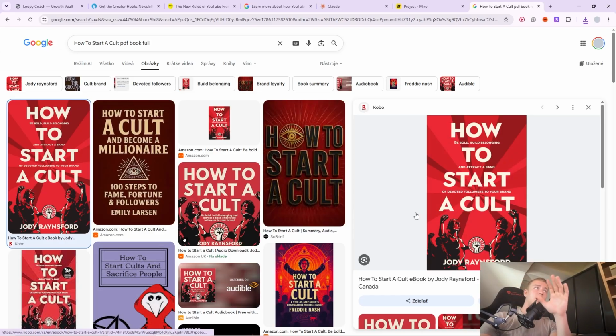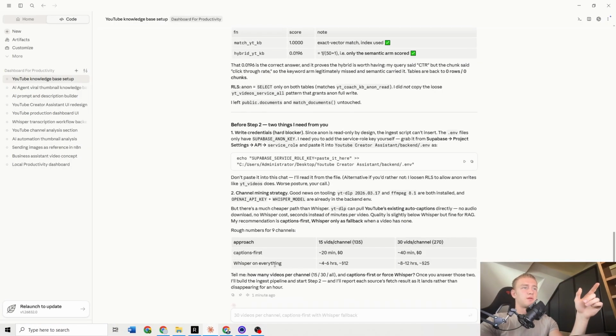Okay, now the quick idea I've got is we need the book How to Start a Code inside of the vector database as well, since it's amazing on how to build actual company knowledge and how to build the actual code that will buy your stuff. You can see people like Iman Gadzhi, Alex Hormozi, and all of these big gurus and big creators using this strategy to build their YouTube, and that's how they got the clients. So yeah, 100% want to send this. I've got the PDF. Let me just